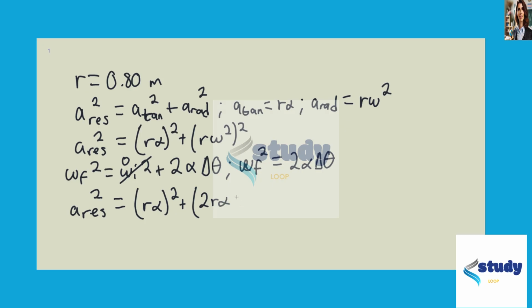2r alpha delta theta squared. And we can now distribute the exponents and say r squared alpha squared plus 4r squared alpha squared delta theta squared. And this is your answer. Rather, this is how we're going to relate the graph to the